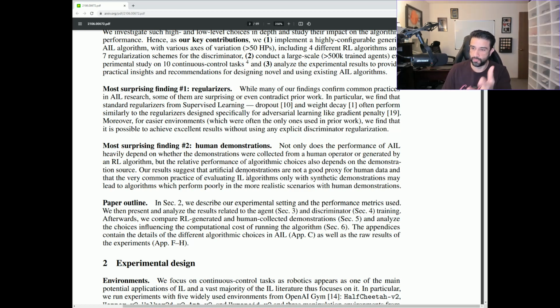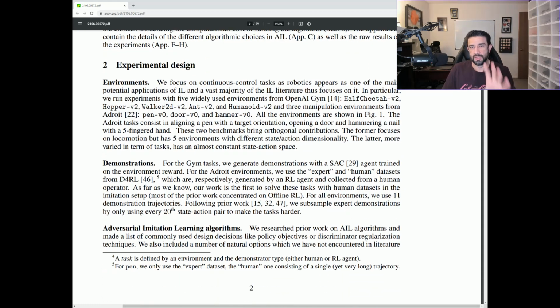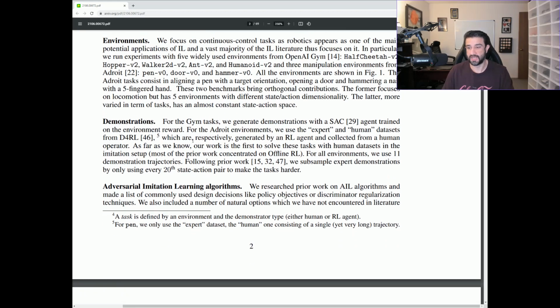And it's the same thing for the human demonstrations. And if that's the end of your paper reading, that's fine. Maybe neither one of those things were interesting to you, and your response may be, meh. Or if those are interesting and you want to read more details, you could read the experimental design